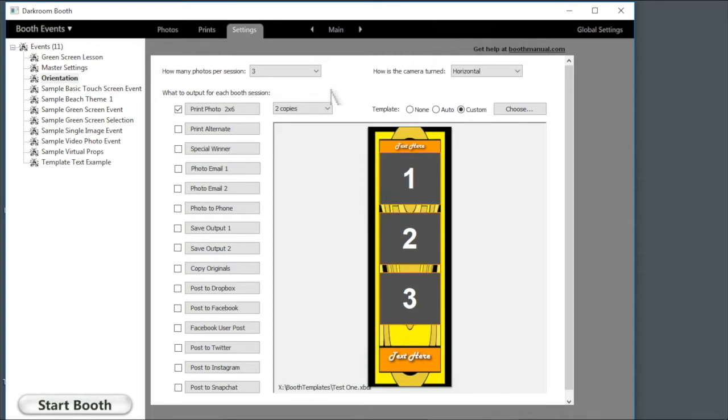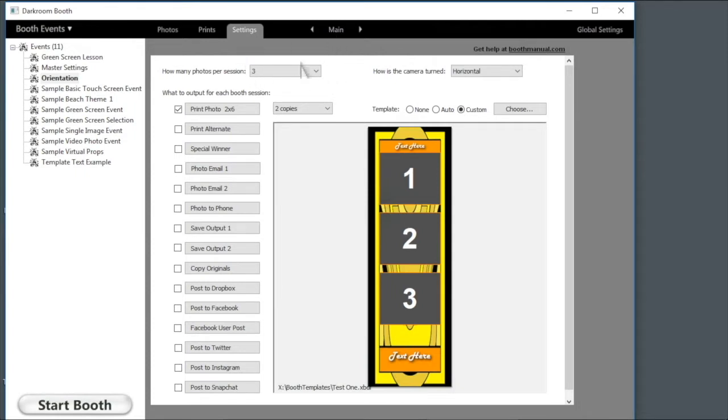We're going to go over the Darkroom software and basically cover all of the settings that are going to be required for you to get set up for your first event. We're going to talk about options and things that are available within the software, not all of which you will be used. So we're going to start out right here on the Darkroom Settings tab, and we're on the Main